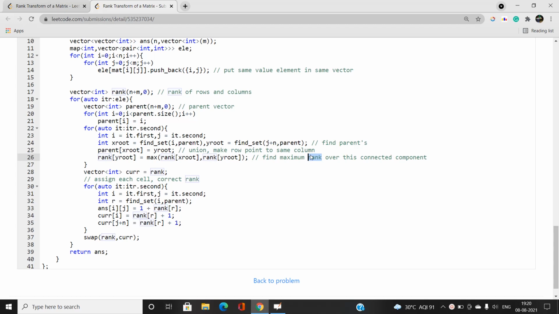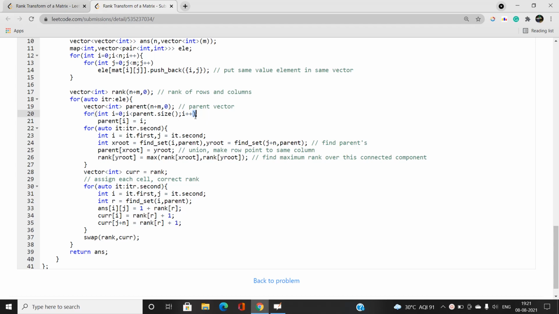Note that I am passing the parameter as j plus n, and the reason is simple. We are going to have the parent array of size n plus m, and if it is a column number, its id should be j plus n, because the first n elements are for rows and the next m elements are for columns, so I'm passing j plus n.